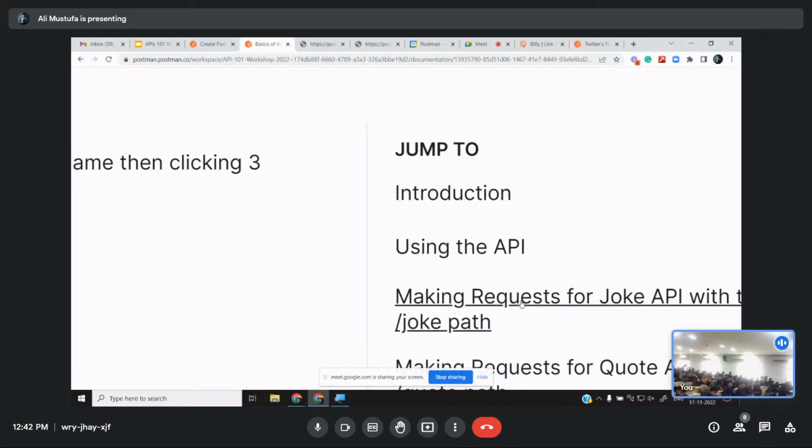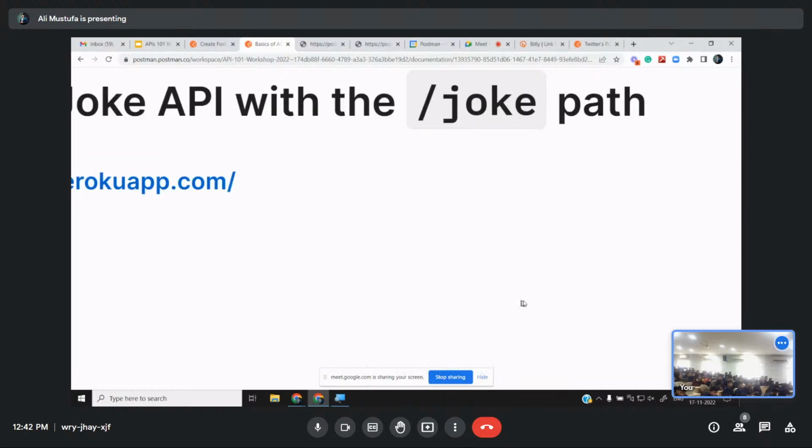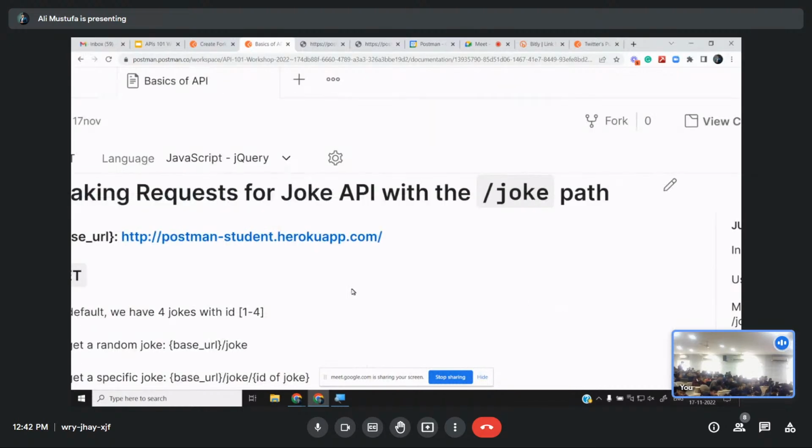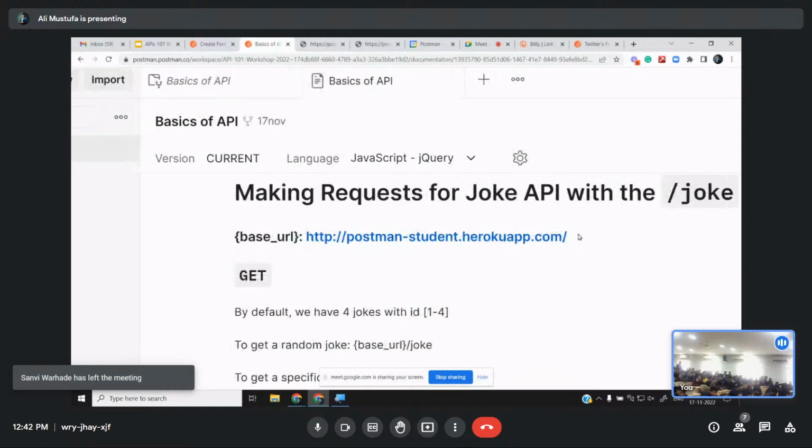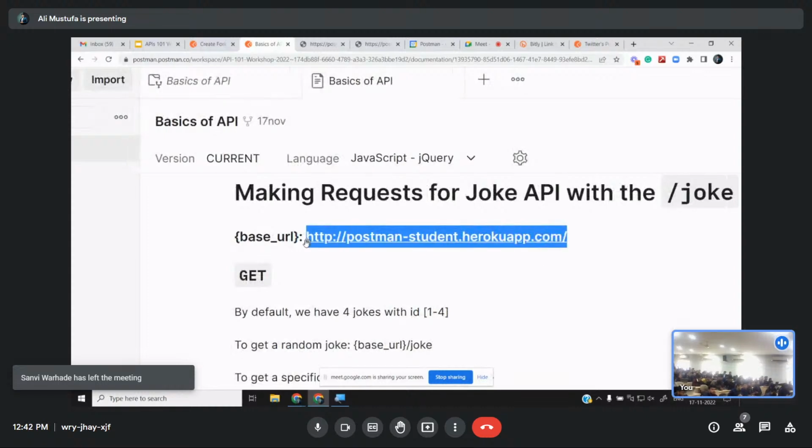So click on jump to joke. And you will see something like this. This is the base URL. Copy the URL. Remember, everything is within the tab only. Not every time you have to click on that three dot, click on view documentation. Why? Because there is a tab for it. You can just switch. Okay, don't worry about it.